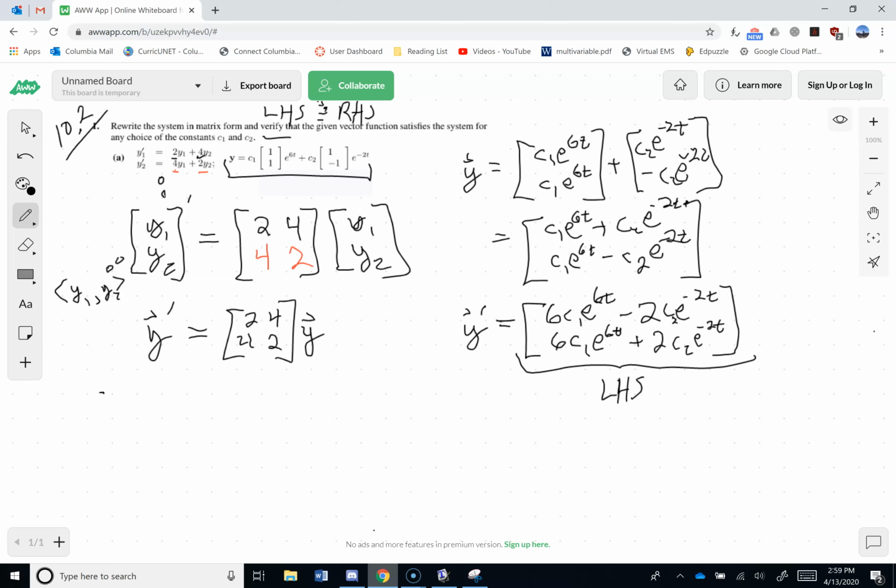So I need to multiply the matrix 2, 4, 4, 2 by the vector. And in this case, it's a bit obnoxious because it's c1 e to the 6t plus c2 e to the minus 2t